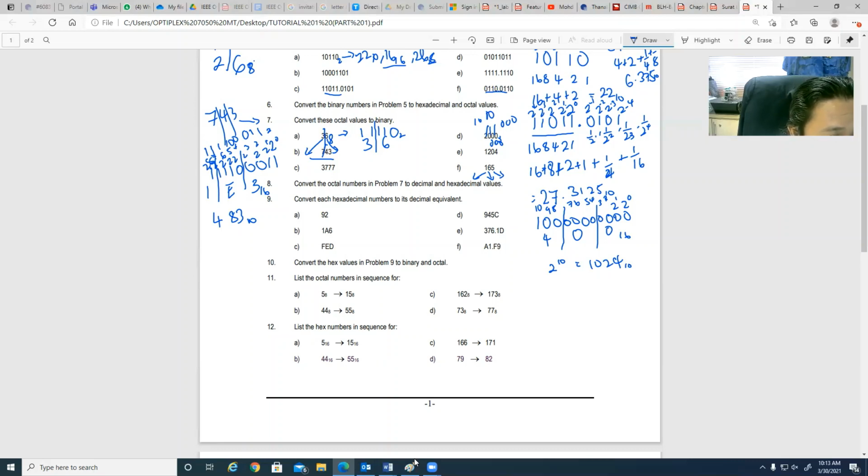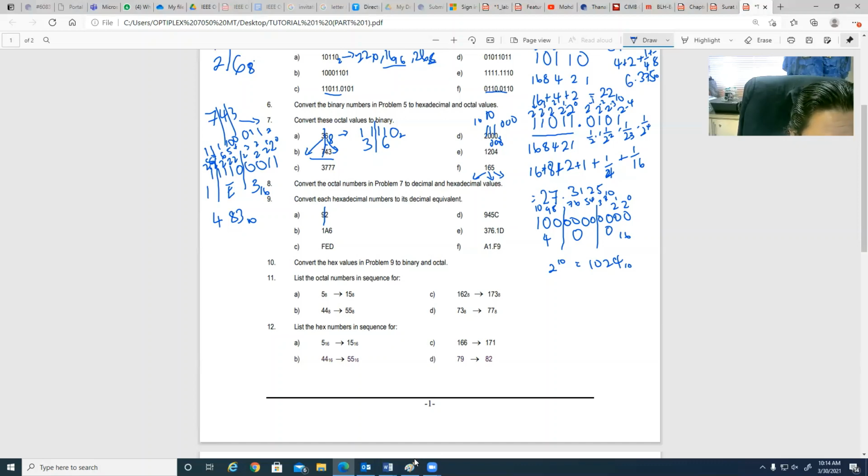Okay, so next we go for question 9. We convert each hexadecimal number to each decimal equivalent. Okay, this one is similar to question number 7. So you have to divide by 2, but in 4 bits, because we divide by 4 bits. Okay, this means